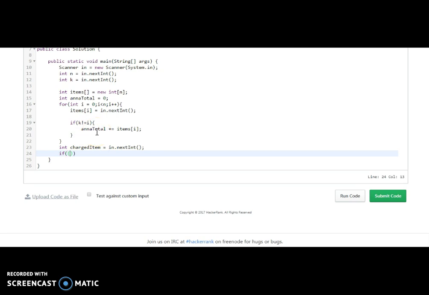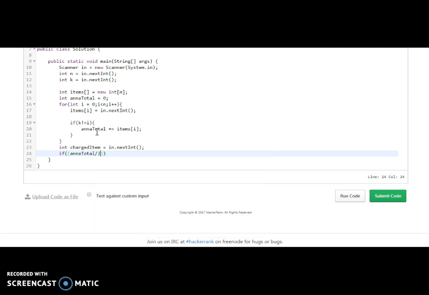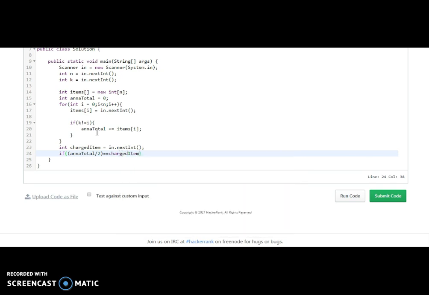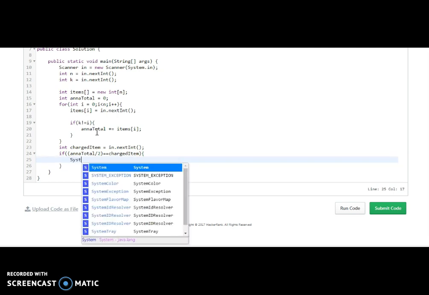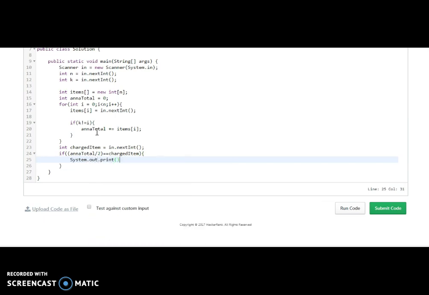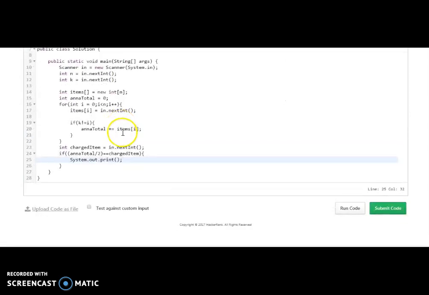So we will compare whether Anna's total divided by 2 is equal to b charged. If it is equal to b charged, then we should print with System.out.print Bon Appétit. I'm just skipping the spelling, that's for avoiding errors.